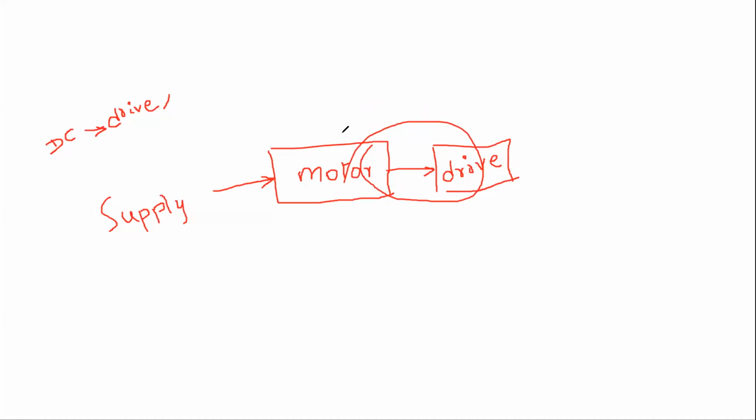Listen, from the motor output only, this drive is going to be run. That means from the motor output part, or the moving part, you are going to connect this drive. That means at the motor prime mover part, this drive is going to be connected. Remember this statement: at the motor prime mover part only, this drive is going to be connected. Okay? Just wait for some time. I will complete this topic, then I will clear all the doubts raised by you. Okay?